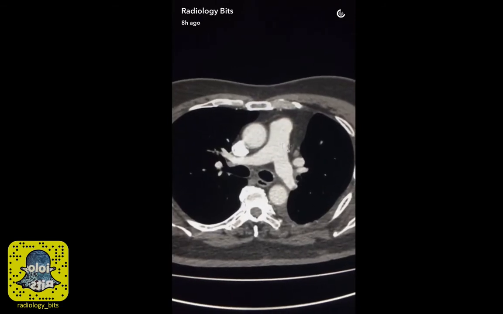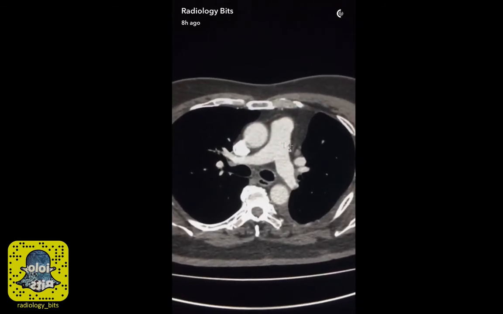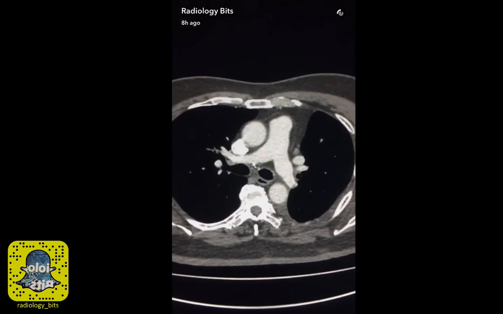Now, so you understand the teaching points on the other case, I'll show a few normal anatomical structures on this